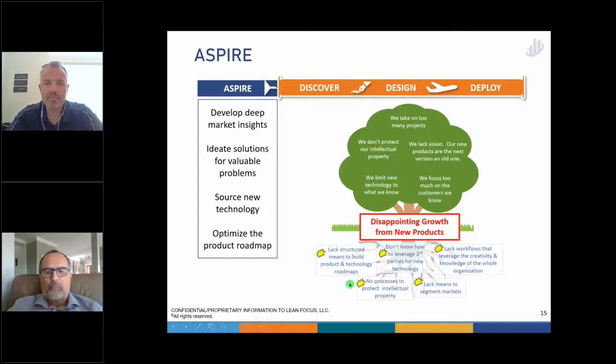So that's an example of one. Maybe I'll just grab one more here. We just don't know how to segment markets. We have good ideas. We think they apply to people, but how do we actually look at the size of the market that this appeals to and how much they're likely to spend on it? So we don't have means to segment. And so these are the kinds of root causes we can address that will help us improve the measurement.